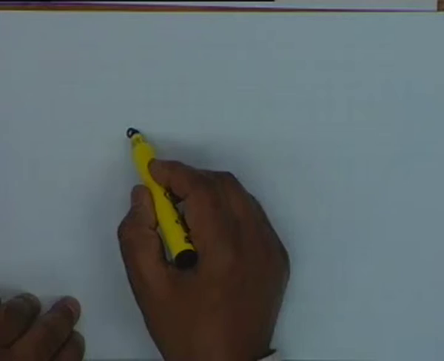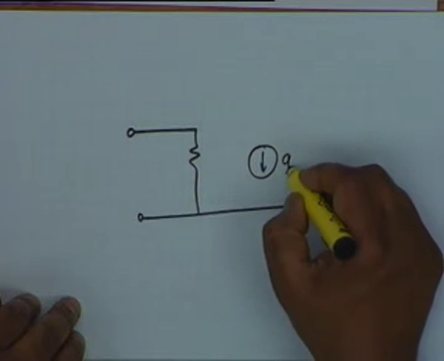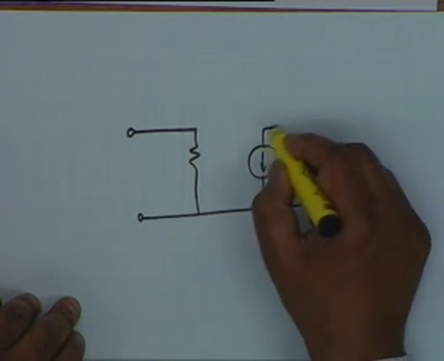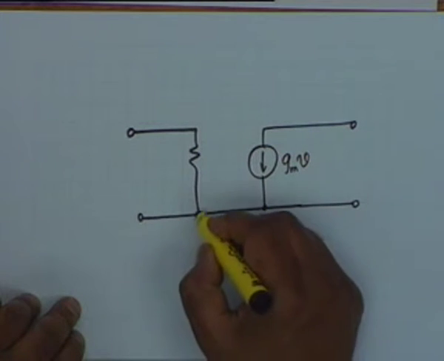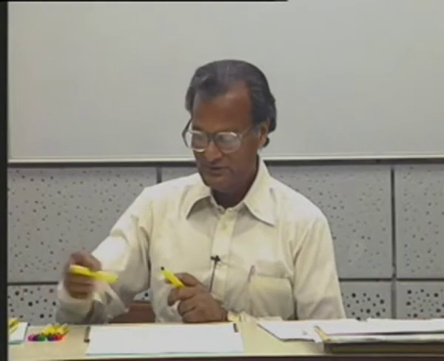Now, let us go back to this R pi beta model, R pi and let us say GMV model, and see, as I said, this is a very simple model. There are some modifications needed to take care of elements, to take care of performance at high frequencies in particular. And this is a very gross model. To sharpen the model, we require several modifications.